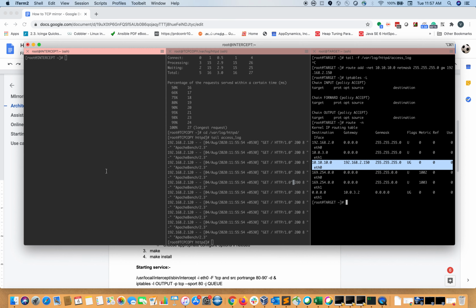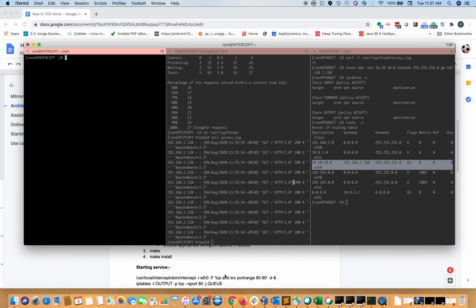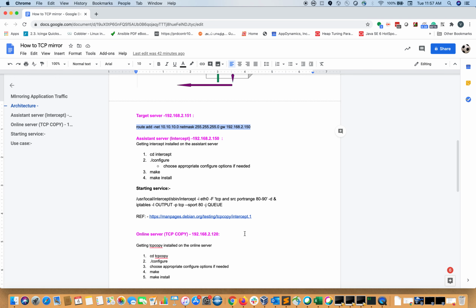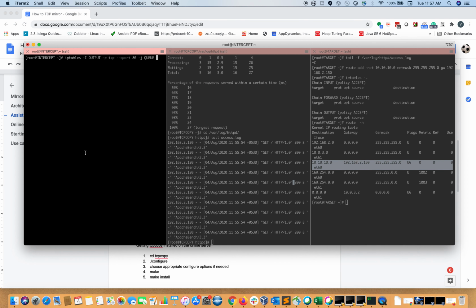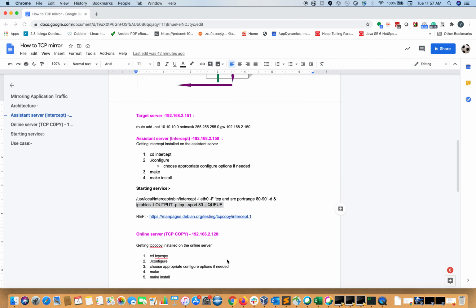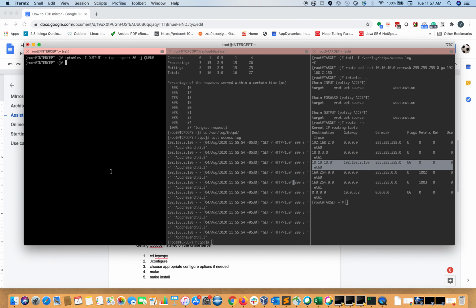So next is the interceptor process. First I need to run this iptables. Next I need to run this intercept command, right?